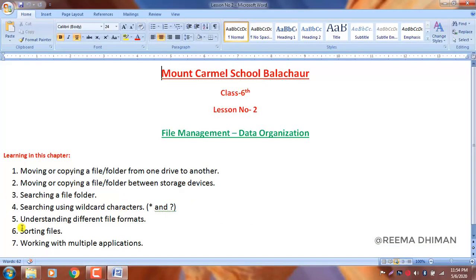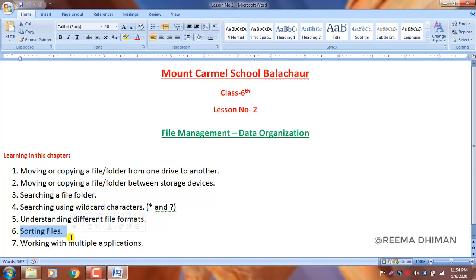Next topic in our lesson is sorting files. So what is the meaning of sorting? Sorting means to arrange. Sorting the desktop items means arranging them in a proper order. Windows lets you sort files by name, size, item type and date modified. Then the question is, what is the need of sorting?